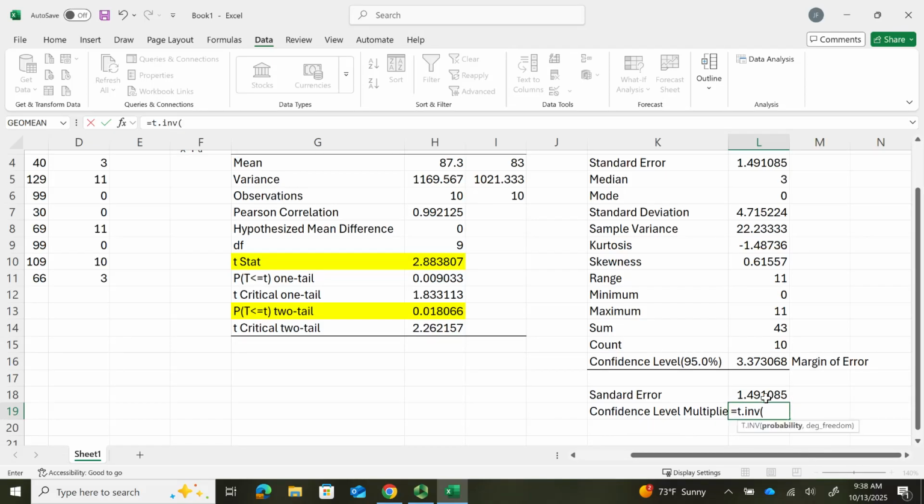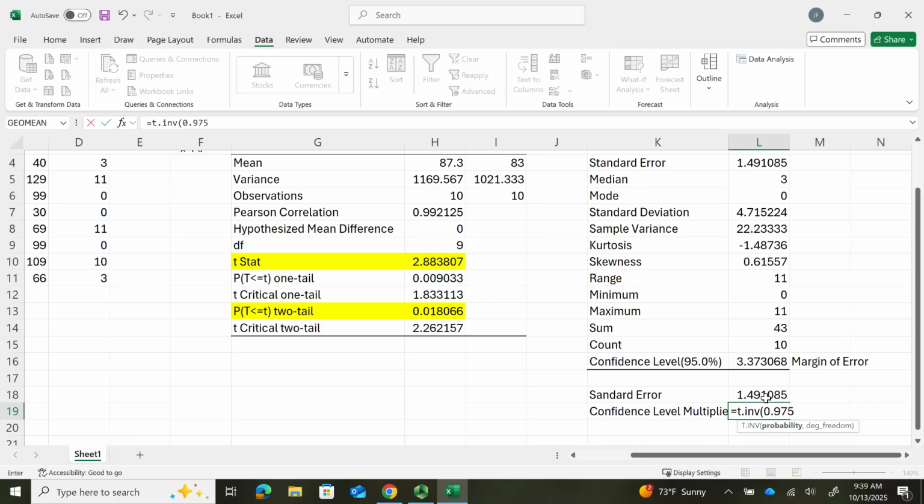The way that this function works is it uses a cumulative area from the very left of your distribution to the right. So I want the positive value of the confidence level multiplier, and if I'm doing a 95% confidence interval, that means the middle section of that t distribution is 95%, but I also have 0.025 in each of the tails, so I'm going to use my probability as